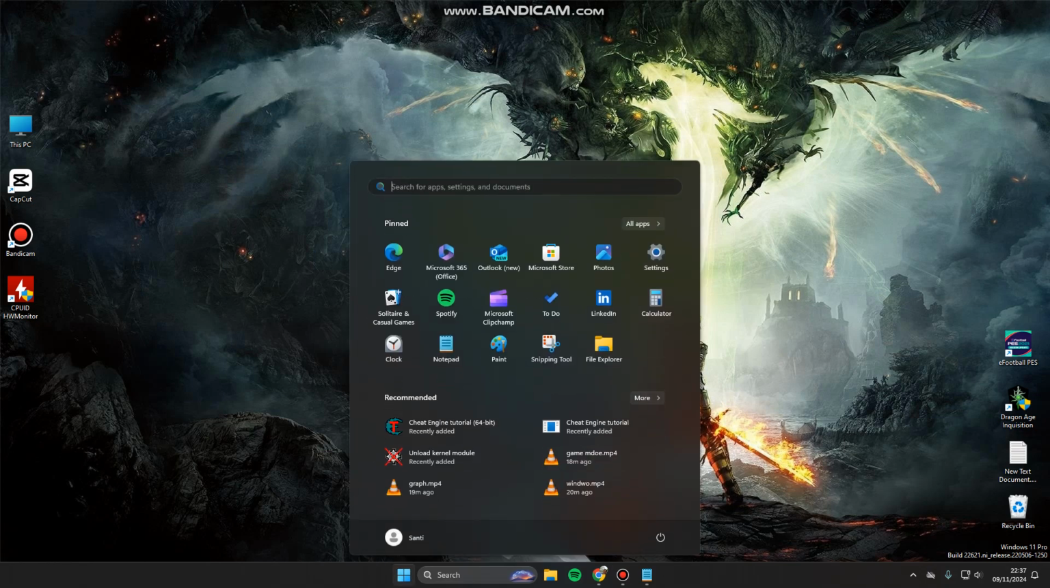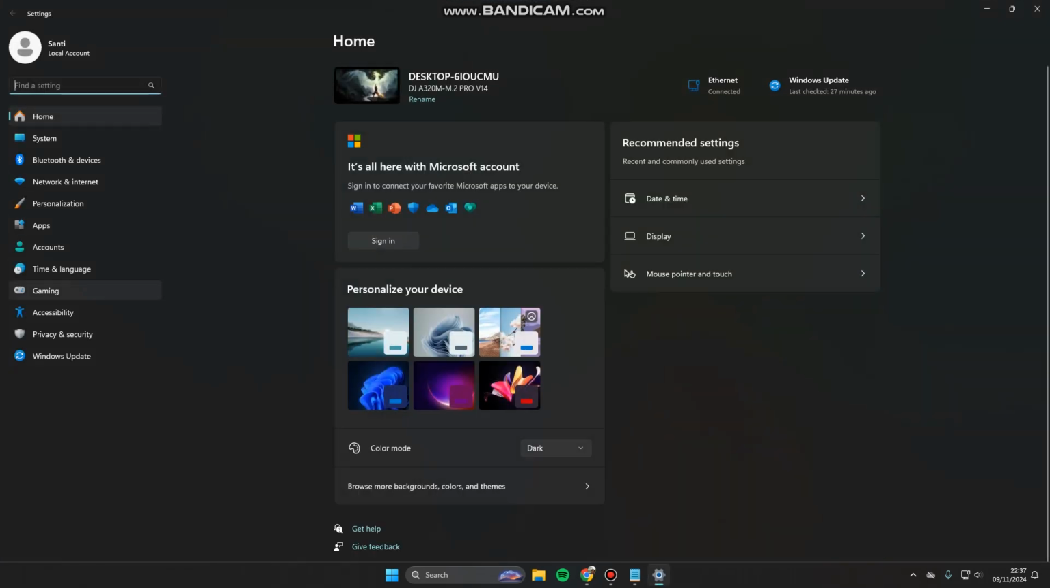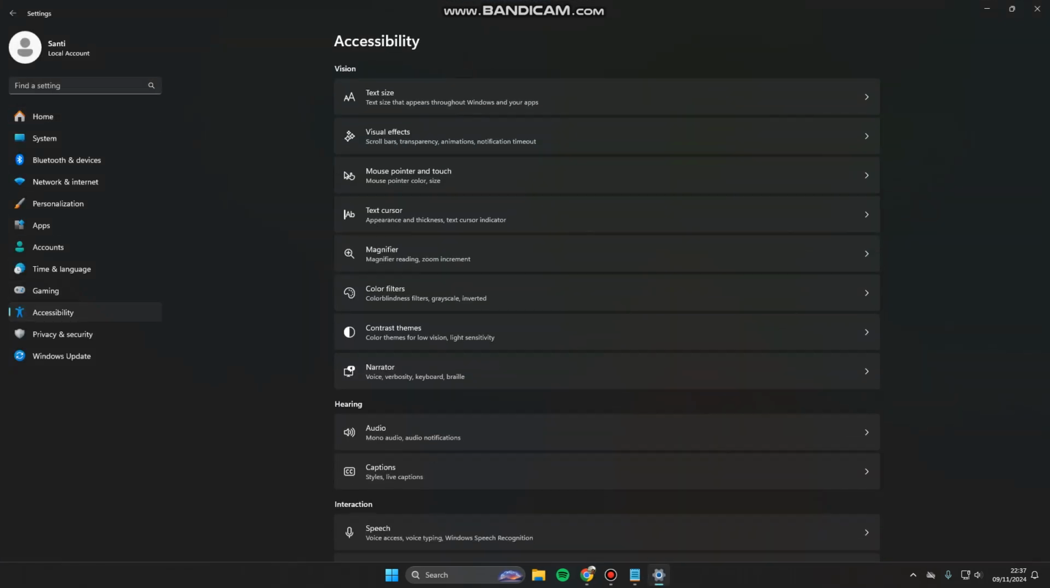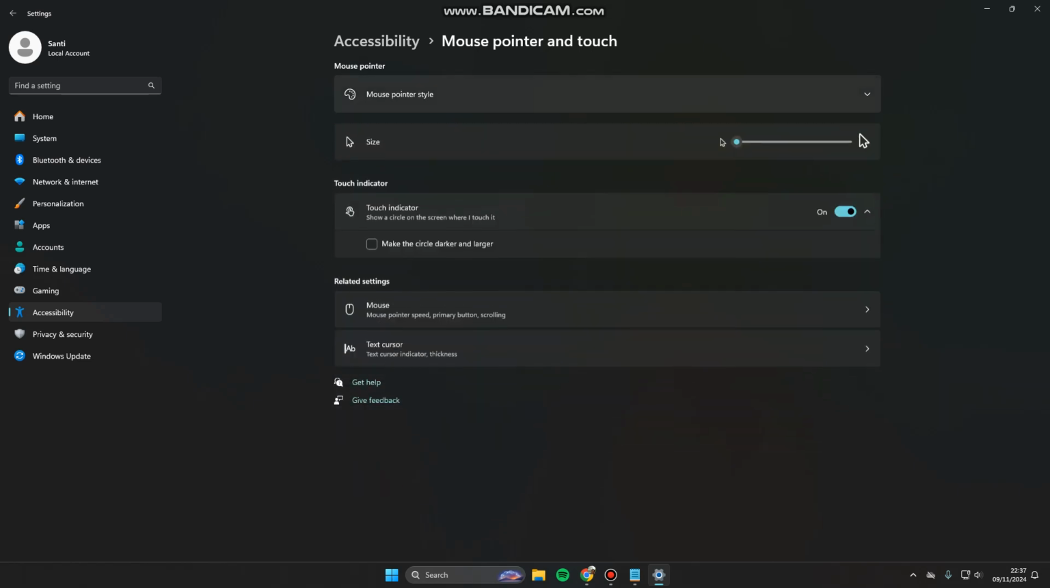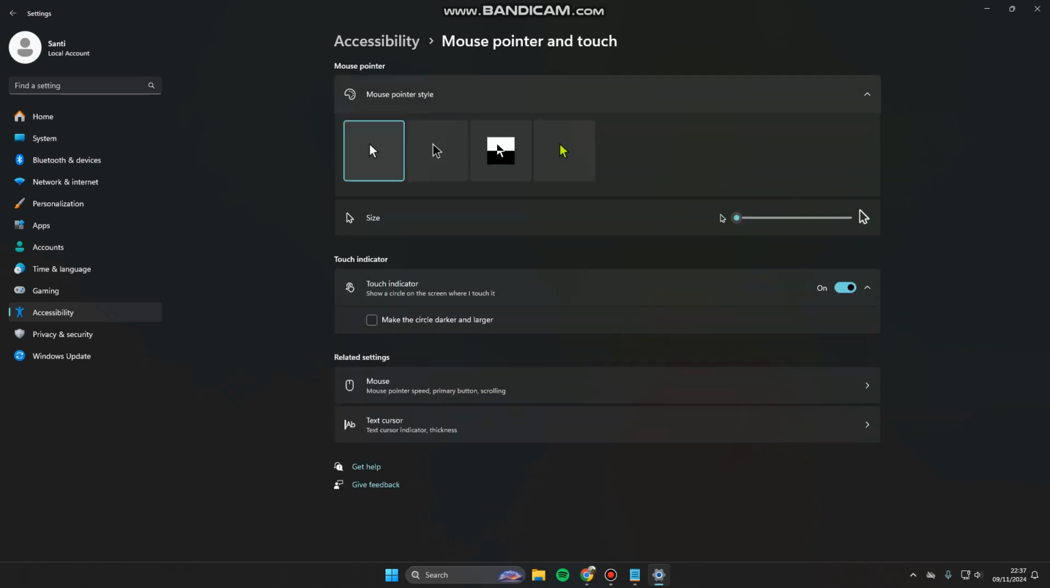Click the start icon, go to settings, click accessibility, and here we go, mouse pointer and touch. You can click it. The first option is mouse pointer style that you can change. Here this is the preferred one, mostly black with white border, or